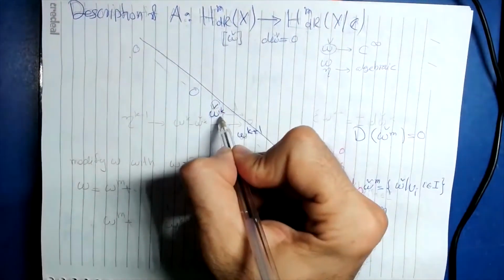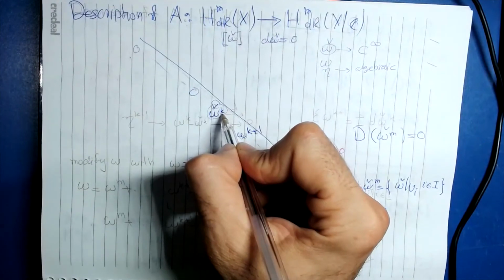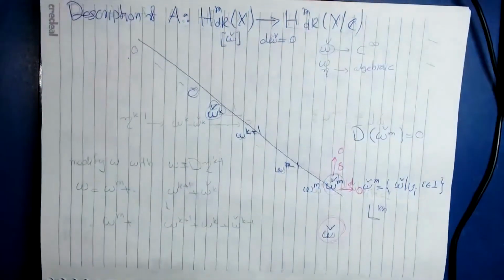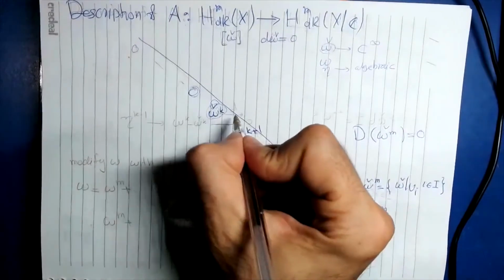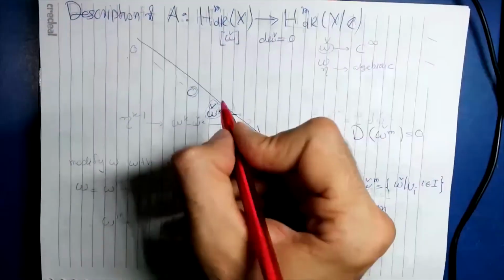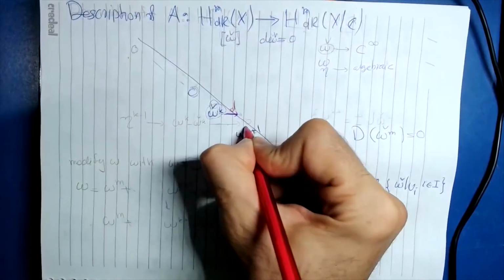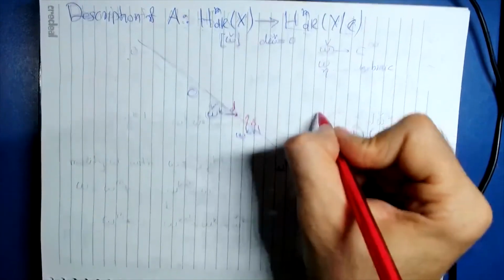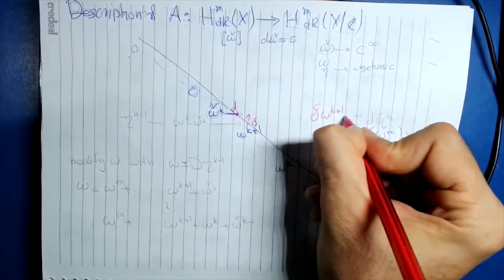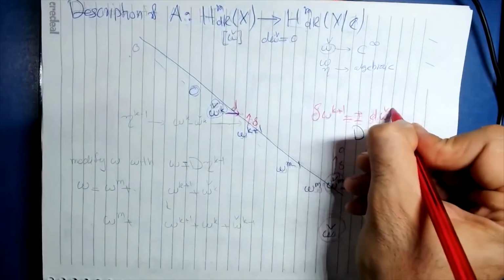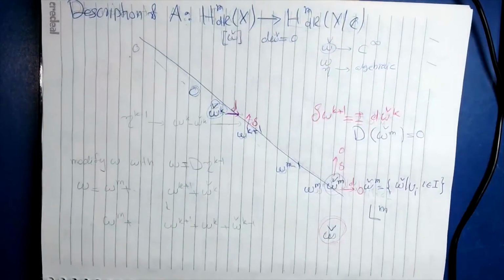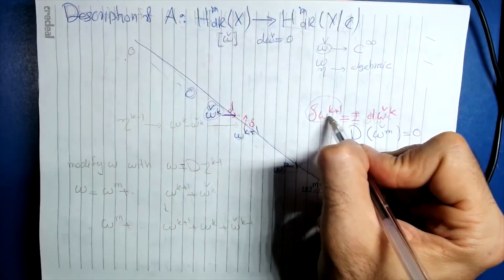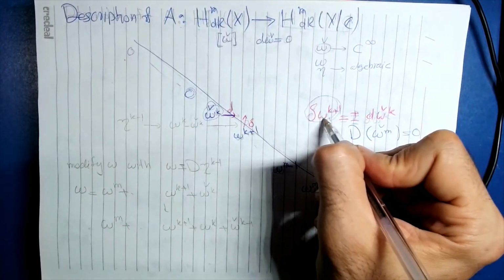So the idea is that I want to make this omega k algebraic by adding something C infinity here and so on. So let's start. We know that d of this one is delta of this one, up to sign. So delta of omega k plus 1 is equal, up to sign, to d omega check k. What does this mean? This means that this element is exact, but this element is algebraic. And